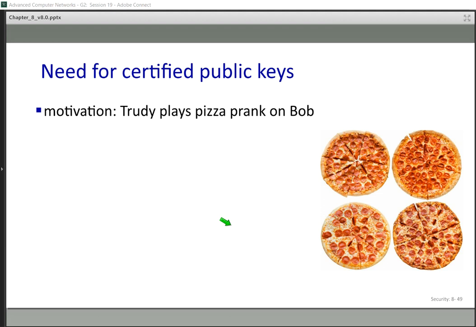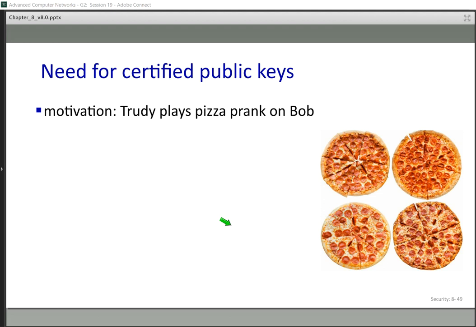Because if someone sends a public key for me, there should be a center that receives those public keys and verifies that, yes, this is Alice's public key, not Trudy's. We need something like this. We need a certified public key.